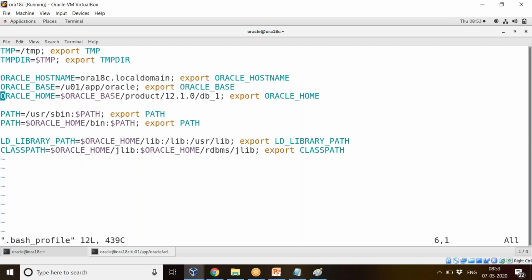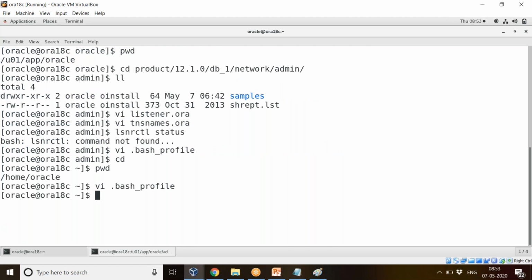So we have given our Oracle host name, Oracle base, Oracle home as well. Now we have to run the bash profile. Whenever you are running it, you should give a dot, and since the bash profile is a hidden file, it shows a dot. Okay. So now you echo Oracle home.